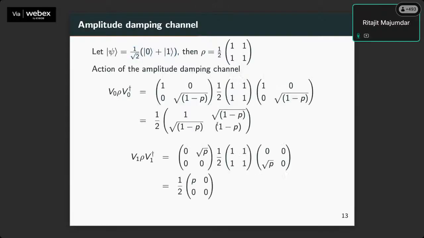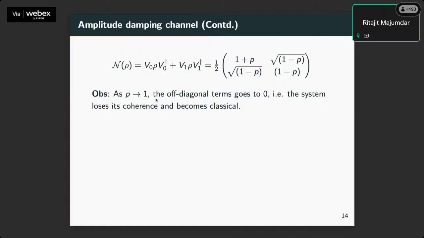And yet, as we apply the amplitude damping channel on this, we see that as p tends to 1, the off-diagonal terms go off to 0. So it loses the coherence and this becomes a classical distribution. You can say that, okay, but here I see that this term is also going towards 0 when p goes to 1. Yes, because